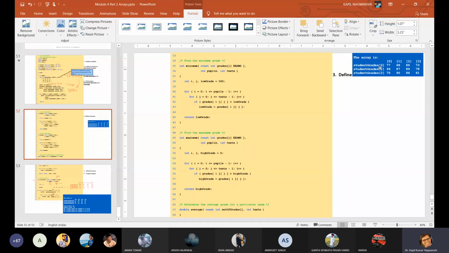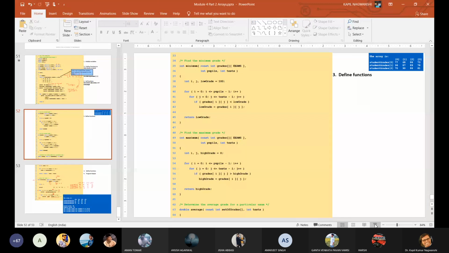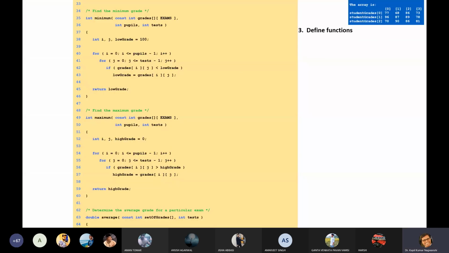So this is our array, and maybe it is visible to all of you. It is very important. Now, let us check this function.